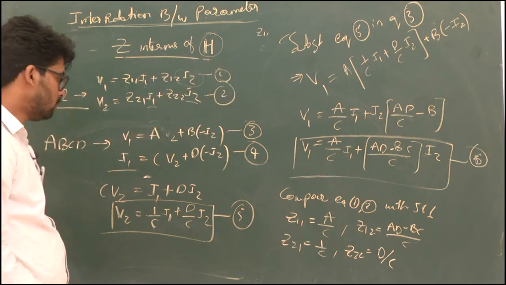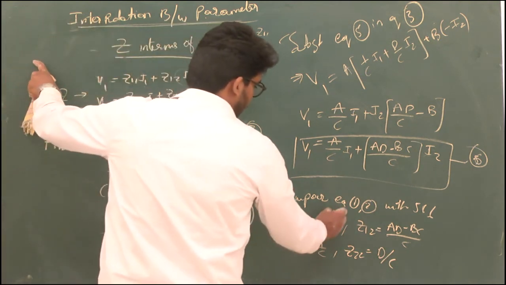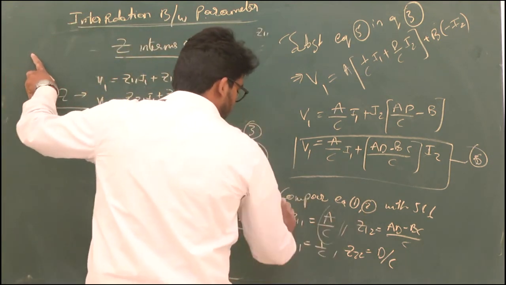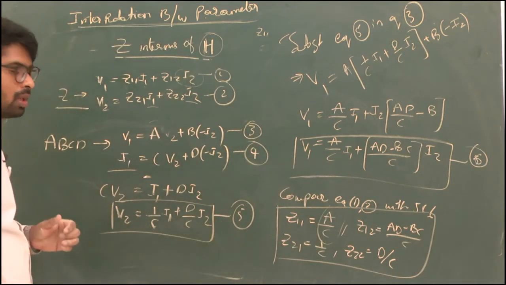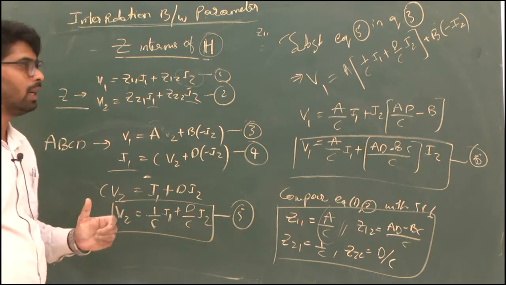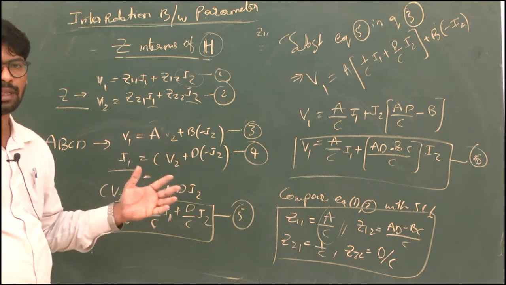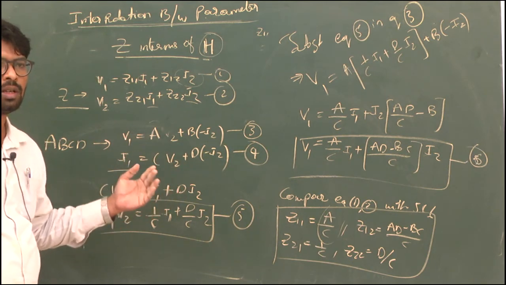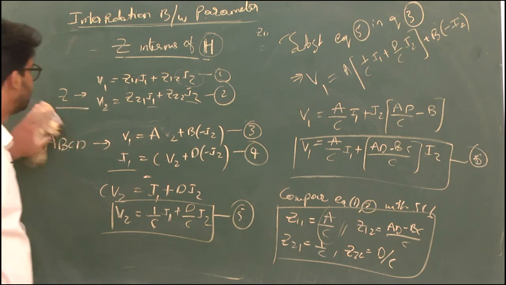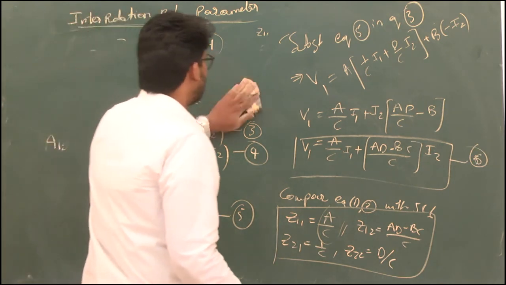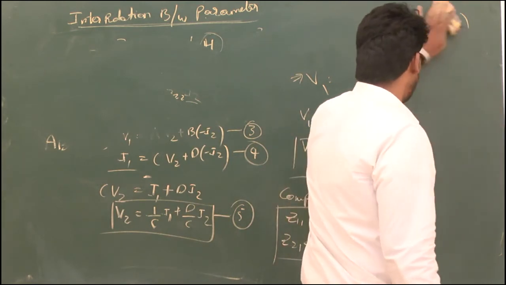Okay. So if for a T network we have found the A, B, C, D parameters, you can find Z parameters by using these equations. In the next class, we'll deal with Y parameters in terms of Z parameters, H parameters, and ABCD parameters. Similarly, you'll have different formulas. Using this same concept, make it as an assignment.